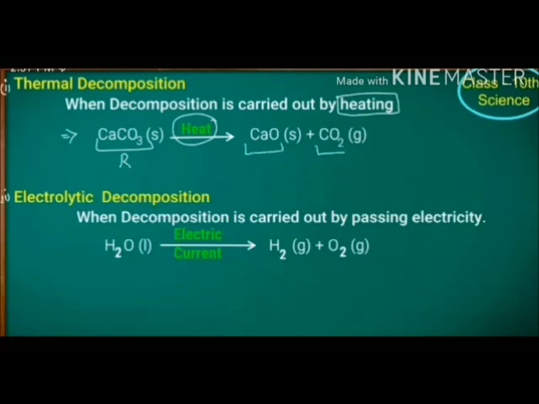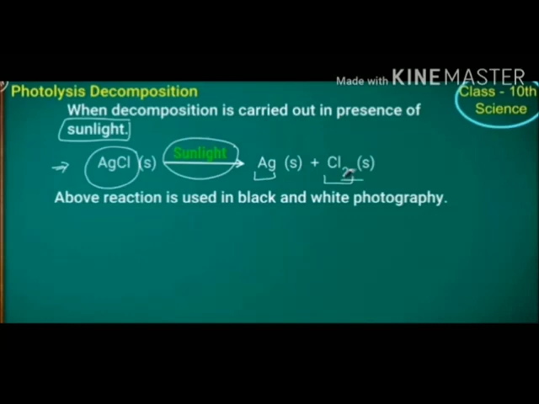First is thermal decomposition. Thermal means temperature, heat. You can see the calcium carbonate, which is in a reactor; when heat is present, it breaks down to calcium oxide and carbon dioxide. We have also mentioned the physical states, solid and gas. Electrolytic decomposition: notice that water in the presence of electricity breaks down to hydrogen and oxygen. A single product breaks down into two or more products. You can see how, in the presence of electricity, the decomposition reaction is carried out, and we have maintained the physical state.